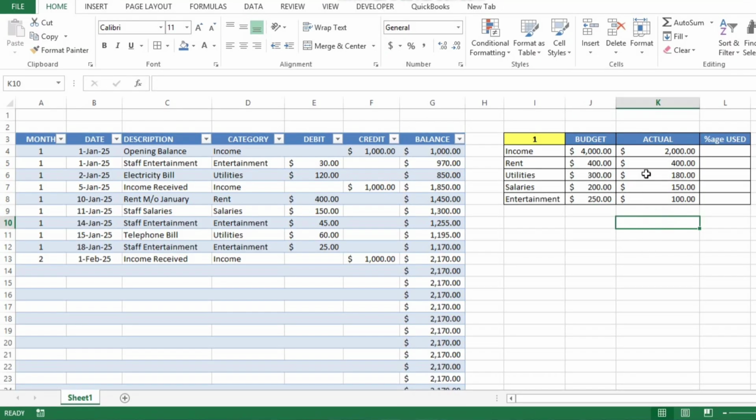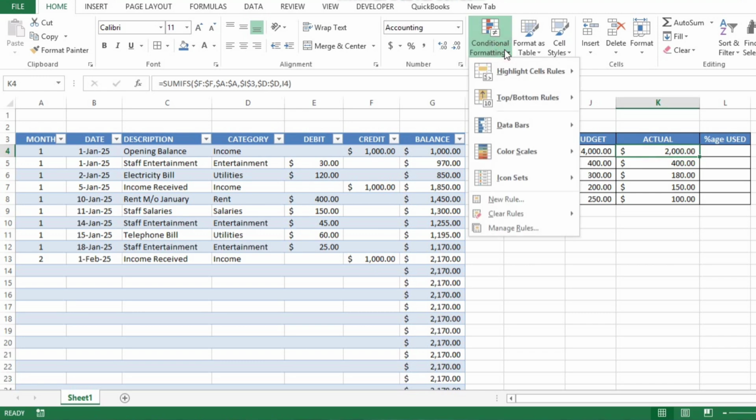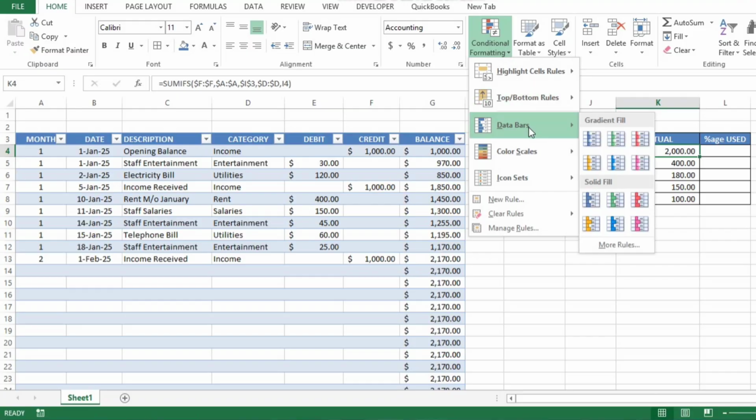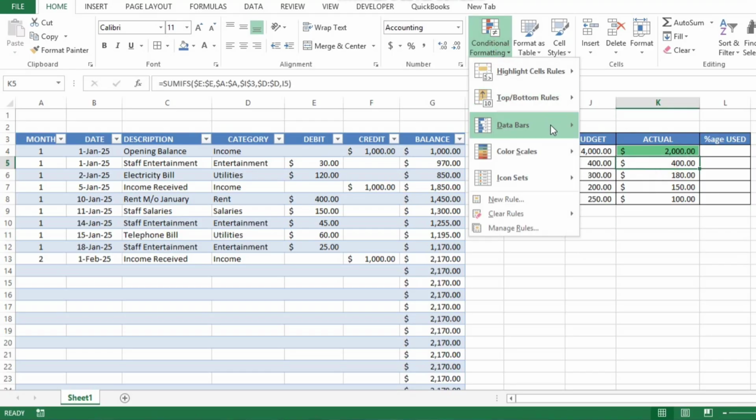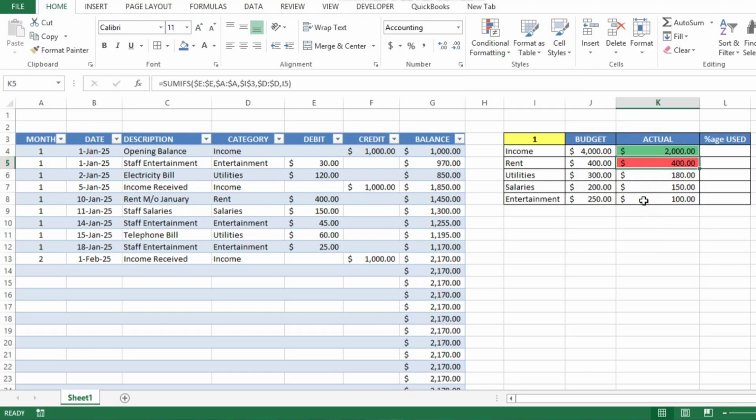अब हम यहाँ समरी सेक्शन में इनकम और एक्सपेंस के टोटल्स के लिए प्रोग्रेस बार्स लगाते हैं विजुअल अपीयरेंस के लिए। सो यहाँ इनकम वाले एक्चुअल सेल में आकर आपने कंडीशनल फॉर्मेटिंग को सिलेक्ट करना है। डेटा बार्स, इनकम के लिए हम लोग ग्रीन बार सिलेक्ट कर लेंगे और एक्सपेंसेस के लिए हम लोग डेटा बार्स और रेड कलर सिलेक्ट कर लेंगे,